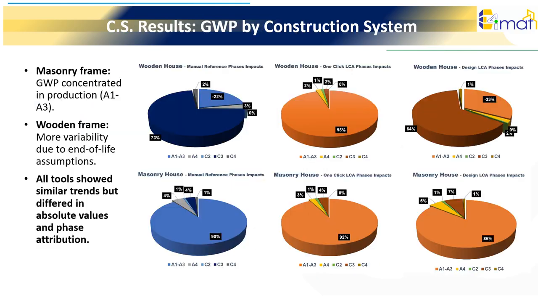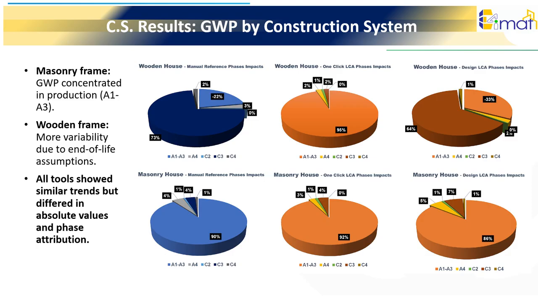Let's begin with the global warming potential, GWP, results for each construction system, which represents the overall performance overview. In the masonry alternative, all methods show that most emissions originate in the production stage, A1 to A3, mainly due to concrete and ceramic